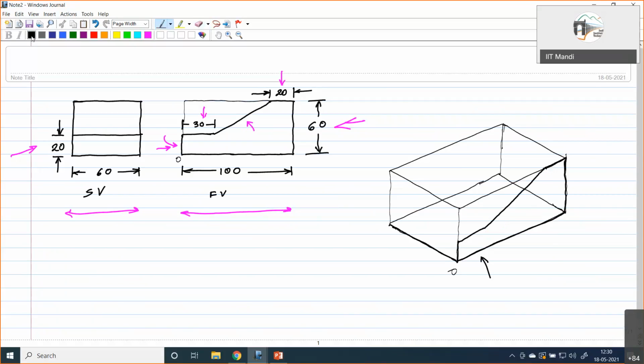Now the same thing for this face we can do. So here again I'll have to mark this distance, right? And then from here we'll have to move parallel to this. Okay, we look at this endpoint. Then corresponding to this line, here also we'll have the same thing, right?